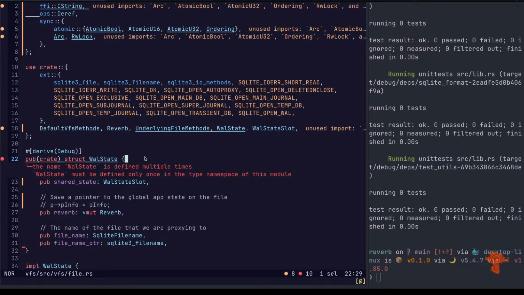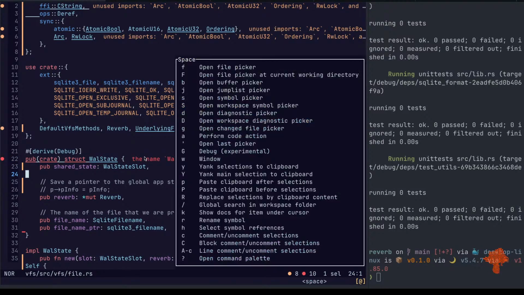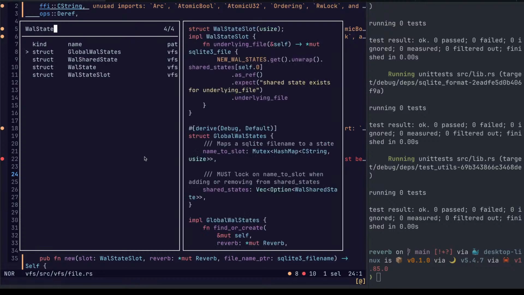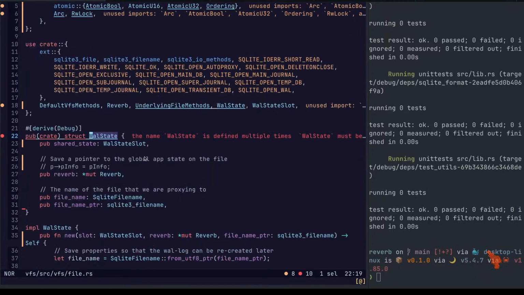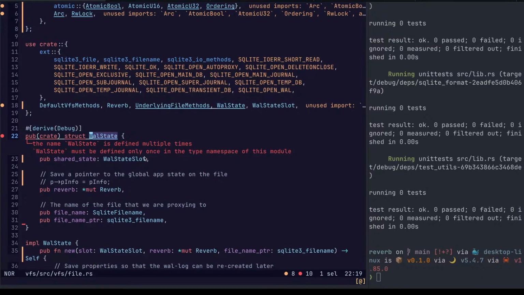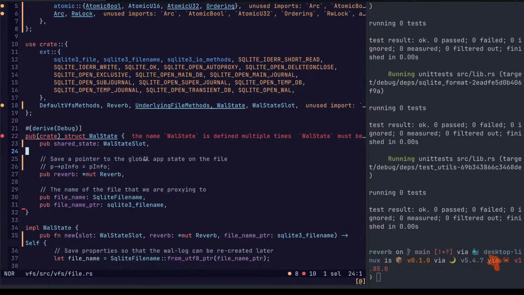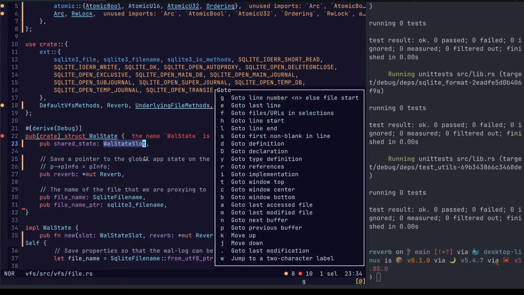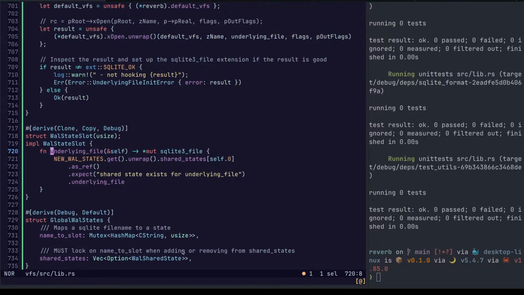Wall state is defined multiple times. No. Where's the other one? Wall state. I only see one. This is wall shared state? No. Hmm.